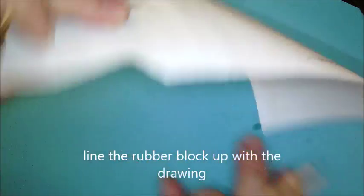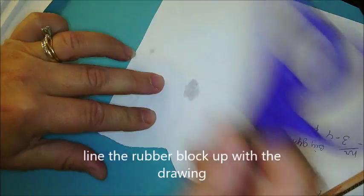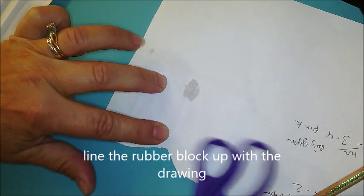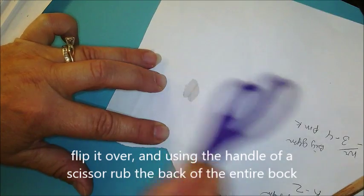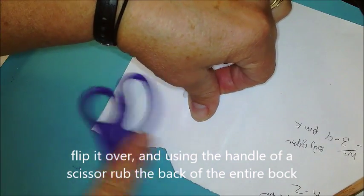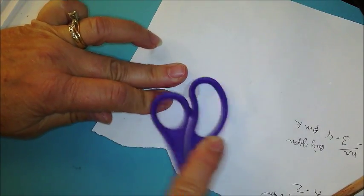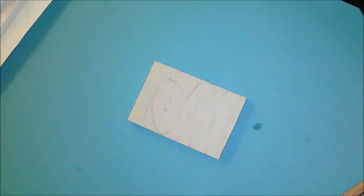Flip it over, using the handle of a scissor. Rub the back all over the block. This is going to transfer your pencil lines. See? Then take a Sharpie marker,